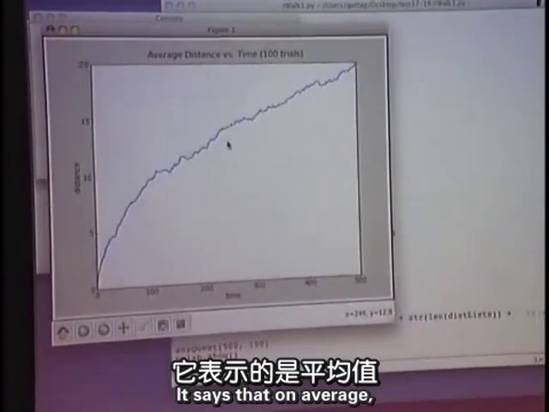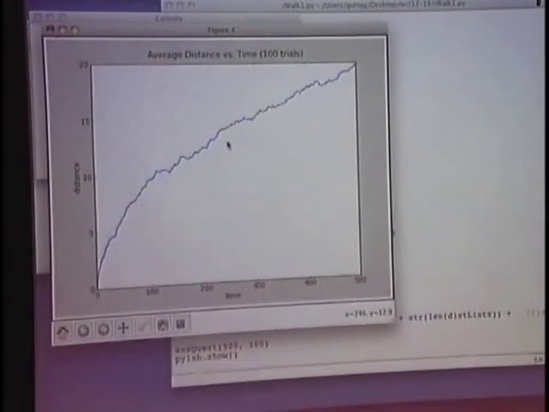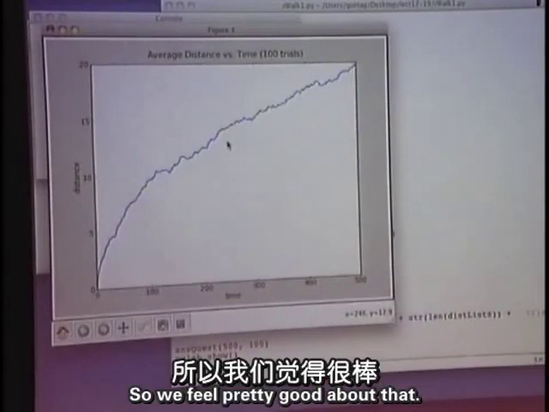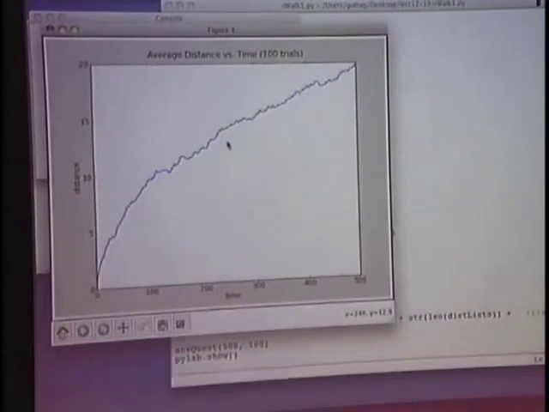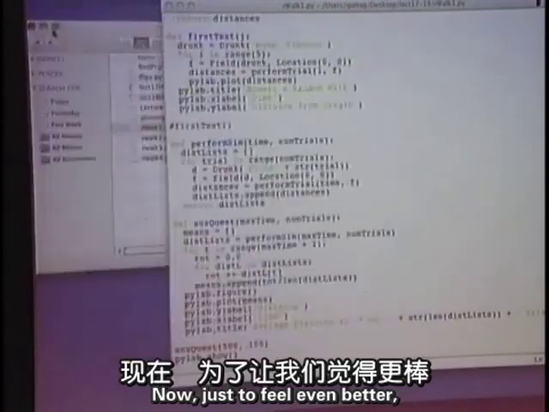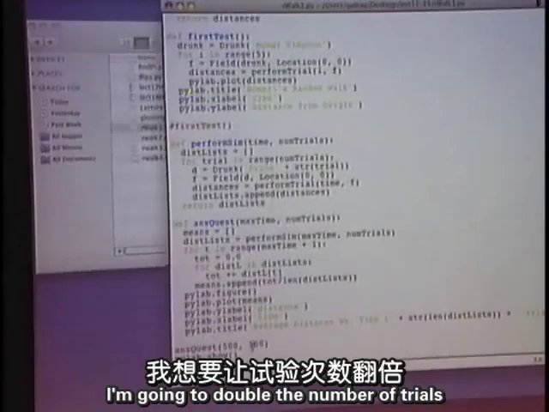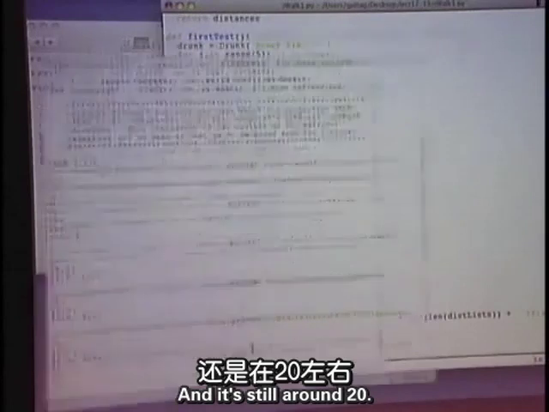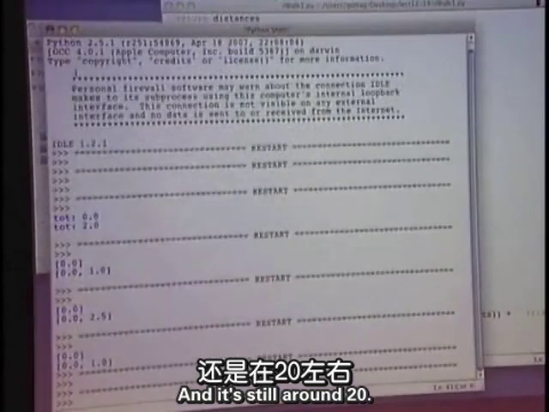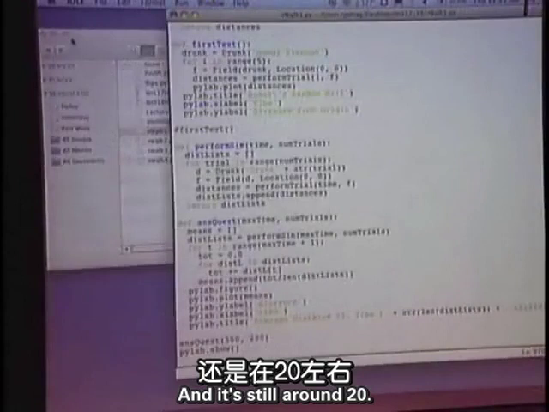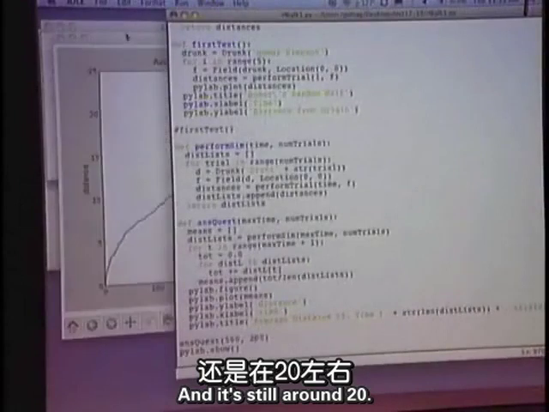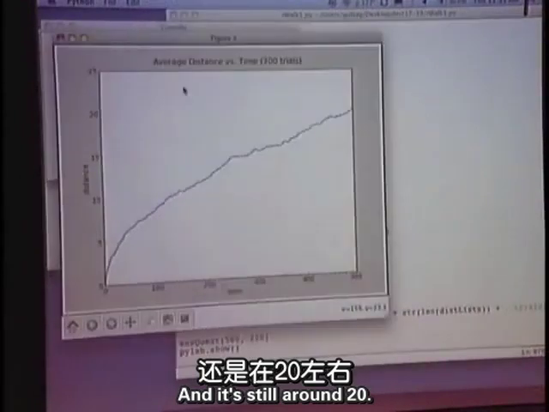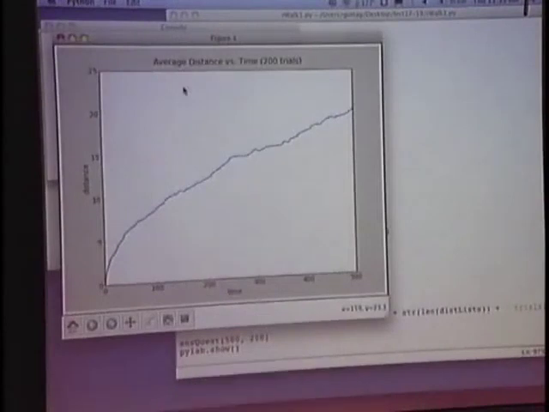It says that on average, it should be around 20. So we feel pretty good about that. Now, just to feel even better, I'm going to double the number of trials and see what that tells us. And it's still around 20, looking a little smoother.